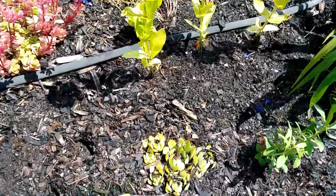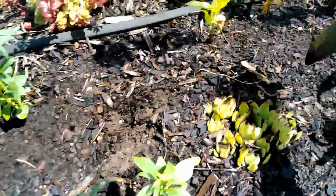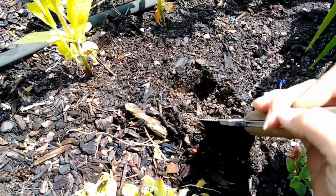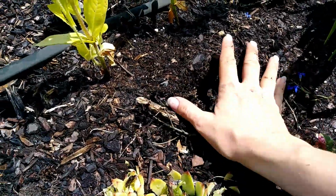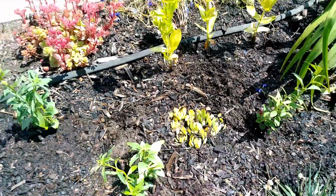Here's another note on watering. I thought I had soaked this right through, but if you actually stick a tool down into the ground and pull it back, that is dry as a bone, not even an inch down. So we're gonna have to soak that real well so it gets to the roots of the plant